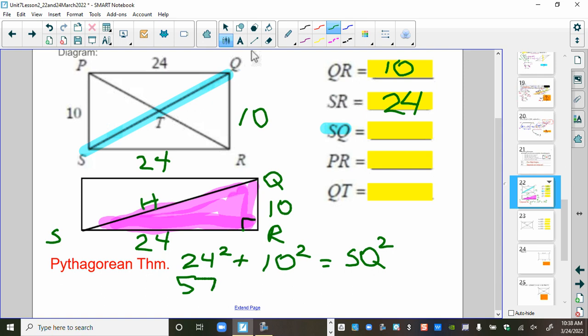And then what about 10 squared? How much? 100. All right. So then what do we have to do with the 576 and the 100? Add them up. So it's 676. So let me put this. So it's 676